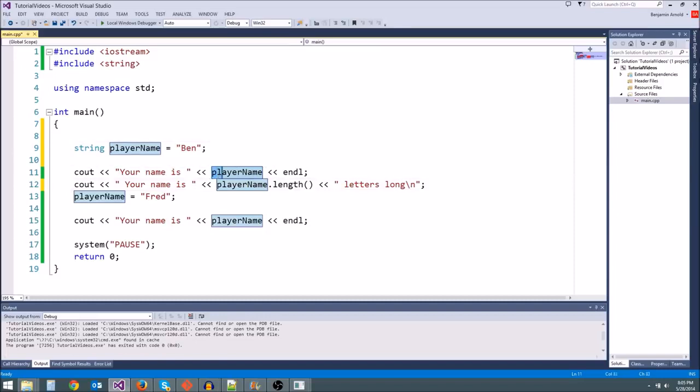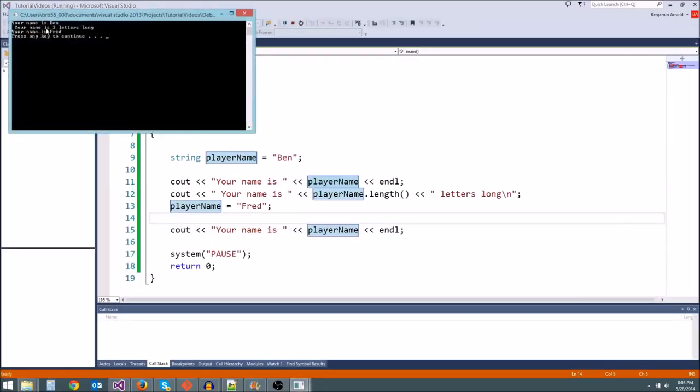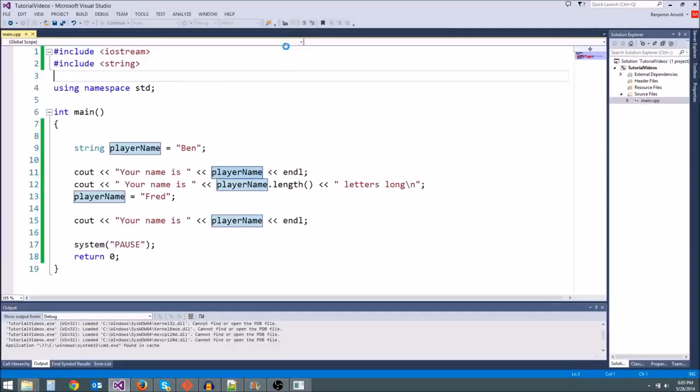So player name is going to be Ben, right? Player name dot length is going to be the number 3 because it's going to get essentially replaced by the output of this length function. So let's see if that works. We should get your name is 3 letters long. There it is. You see it works. There's lots of other cool stuff you can do with